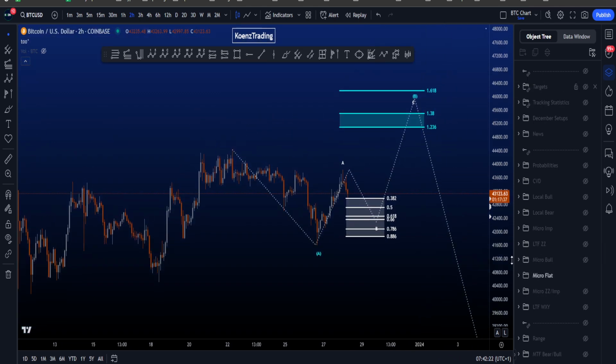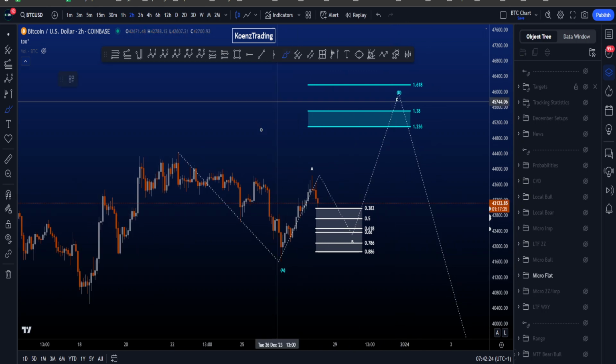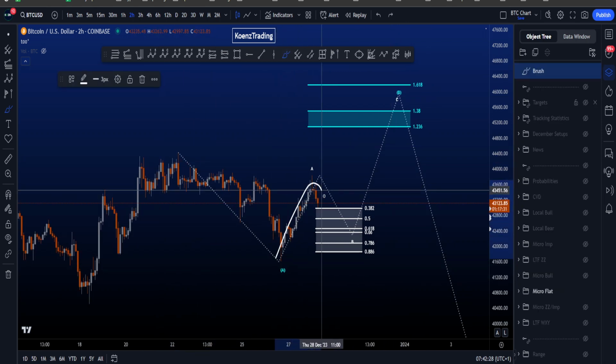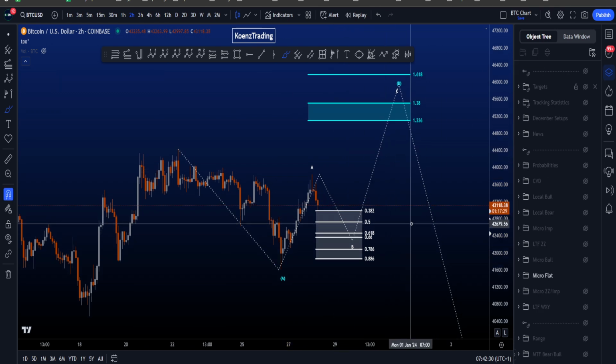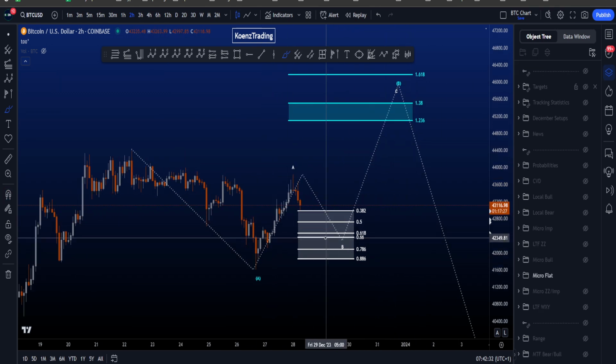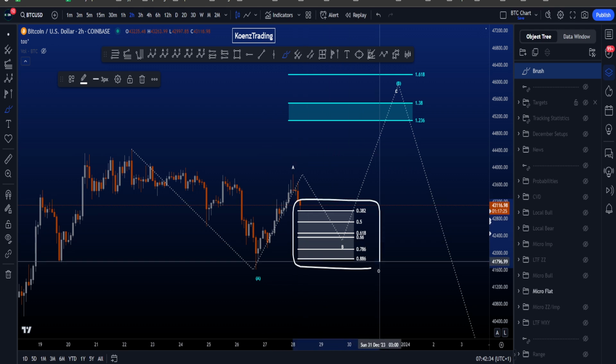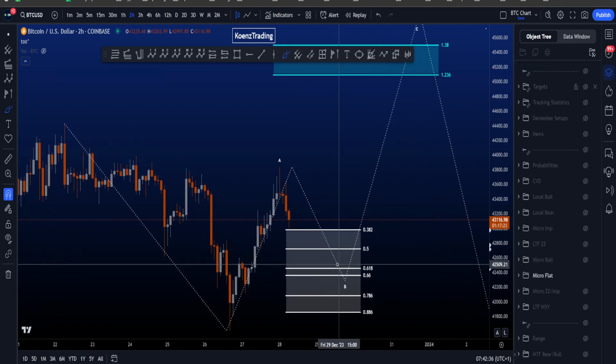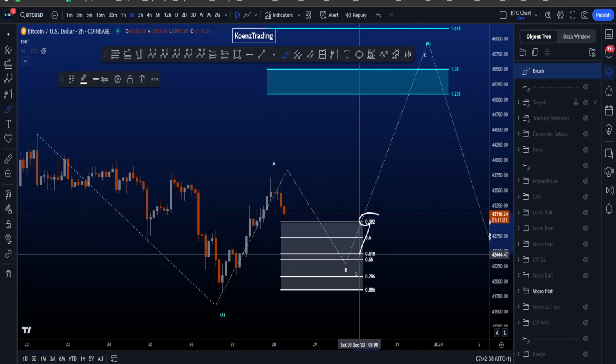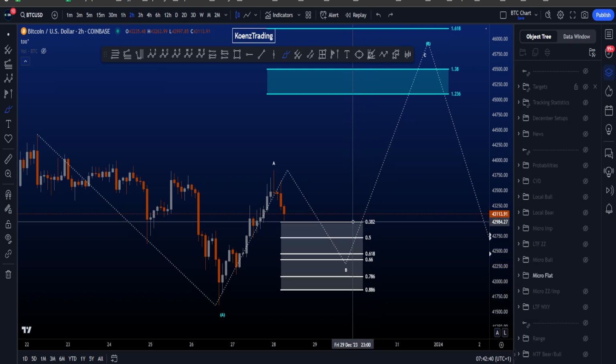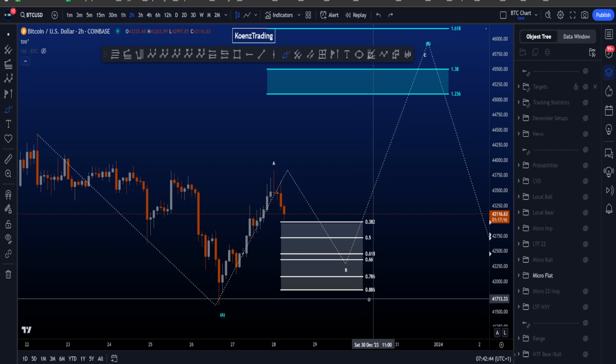If we look at the flat scenario, then we are looking for this move to the downside being a three-wave structure, and then we're looking for an ABC 5-3-5 towards the upside. Here we have this big area as the common target area for a wave B. So it's between the 0.382 and the 0.886, which is between 42.9k and 41.8k, which of course is a big